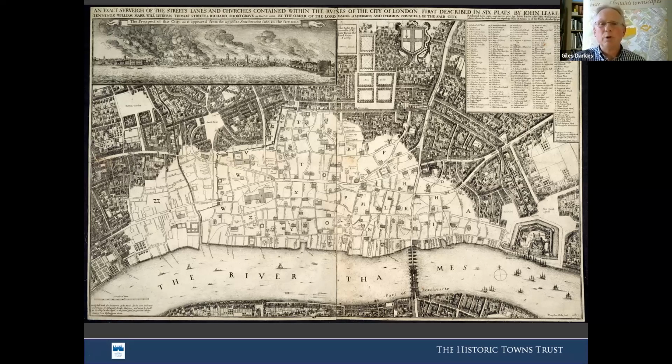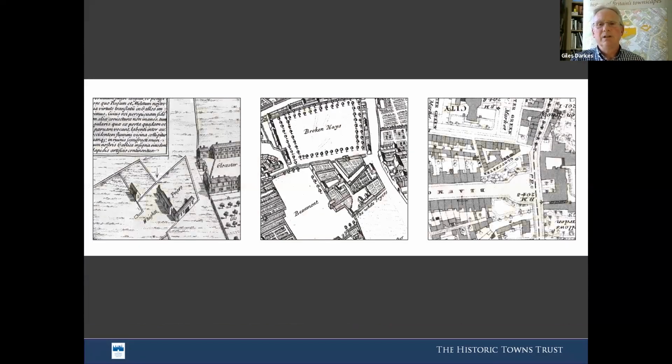How reliable are historical maps? We're always seduced by their rather nice look, their works of art. There's something sort of dependable about them. How reliable are they? Well, I just want to show you an example. Some cartographers are more reliable than others. Here we have three extracts from